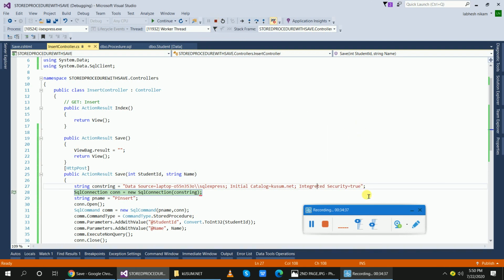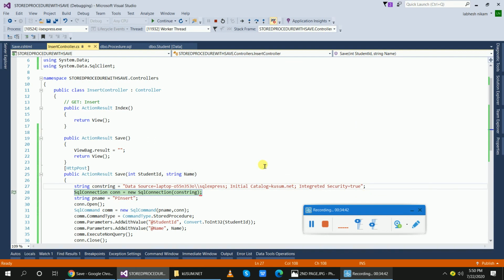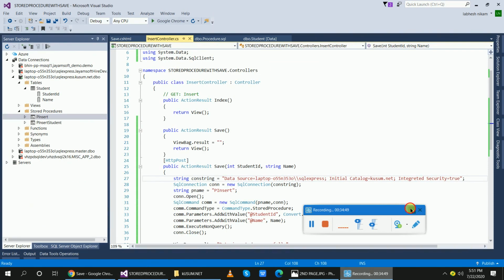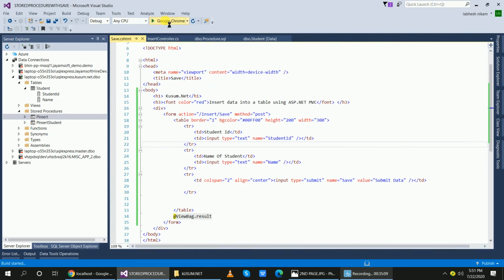Okay, integrated. Okay, there is a spelling mistake in integrated security equal to true. So okay, now we will run the page. See,